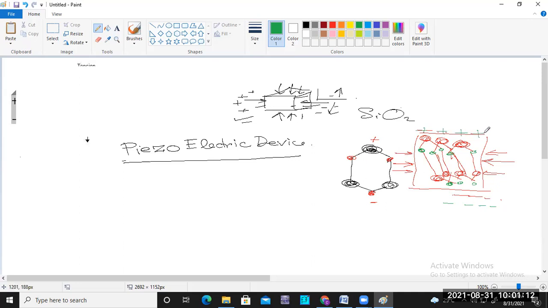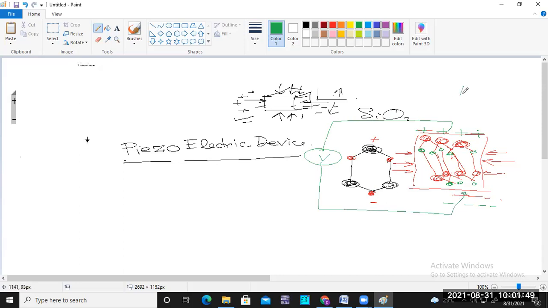So whenever any force acts over two sides of this crystal, then the opposite sides, perpendicular to this plane, provide a potential: the upper side is positive and the lower side is negative, or it may be the opposite, with one side positive and the other side obviously negative. So it is providing an EMF. If you add a voltmeter, then you can measure some voltage here.